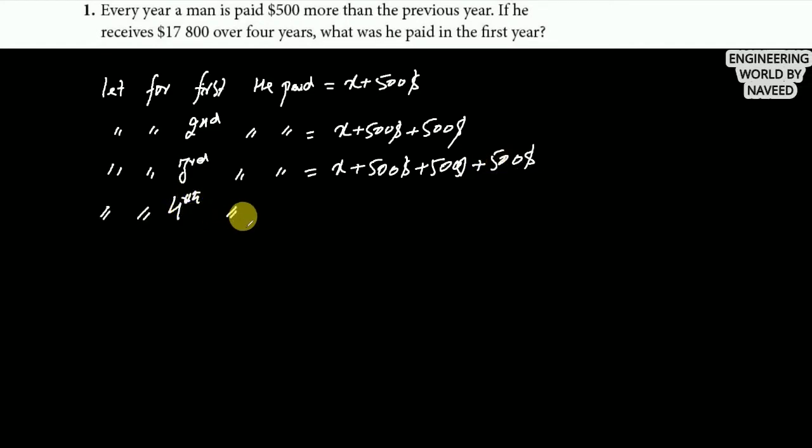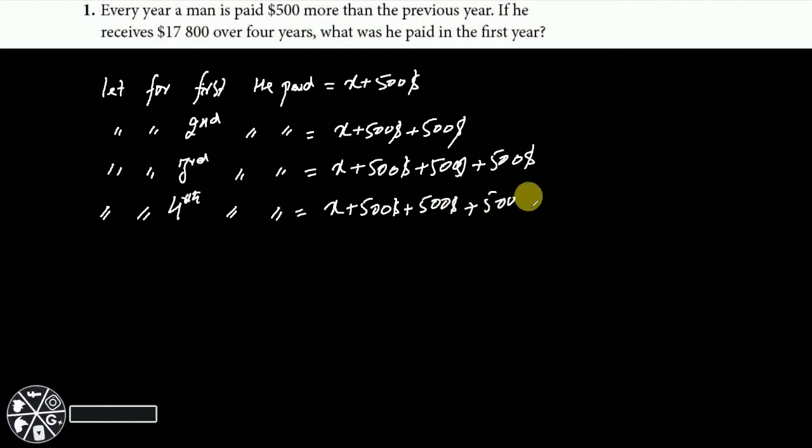For fourth year, he will pay X plus $500 plus $500 plus $500. 1, 2, 3, you have to add plus $500 three times. So this will be equal to